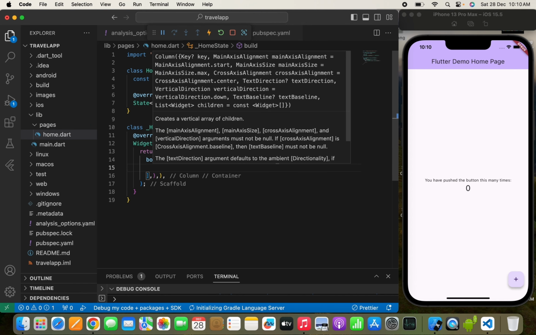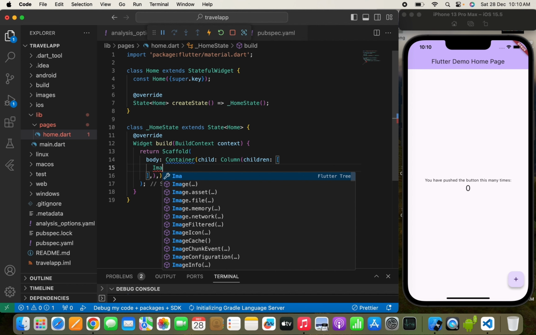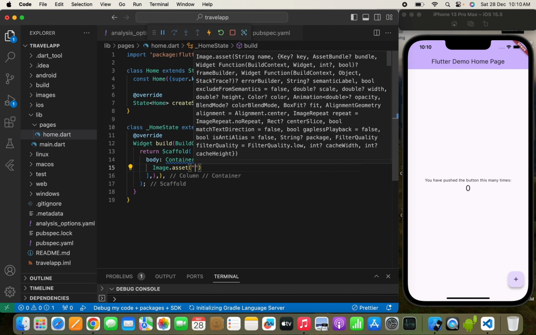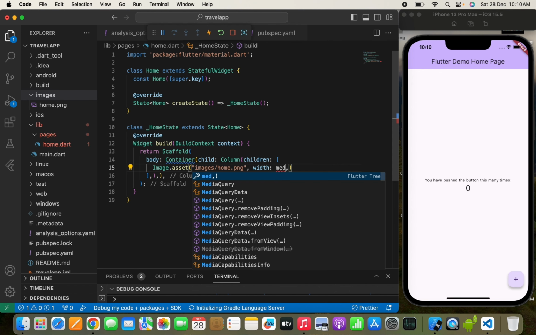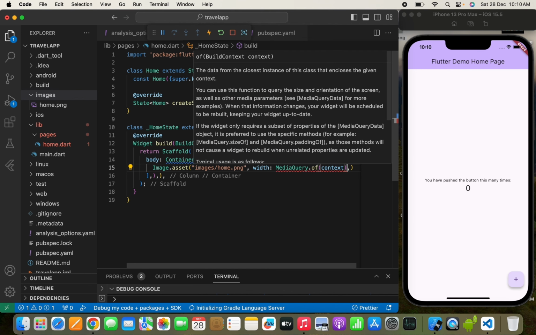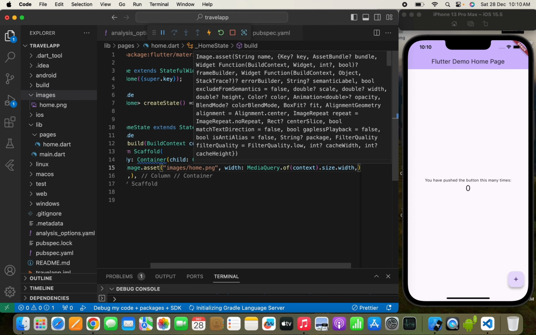Now once we have written all this, we'll use Image.asset, and here I will use the images folder name and write the exact image file name that we have saved over here, which is home.png. Right, now here I need to simply pass a width to the image, so I will use MediaQuery.of(context).size.width, so that it can take the complete width of the screen,